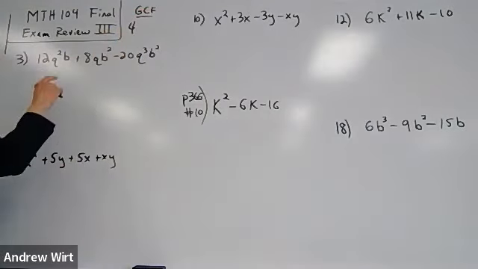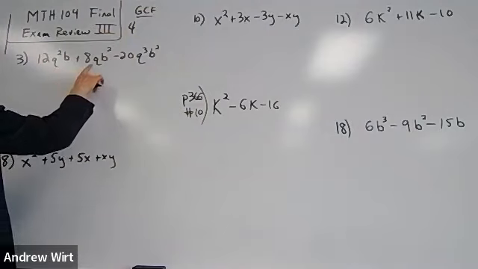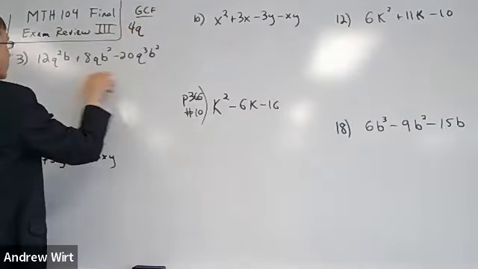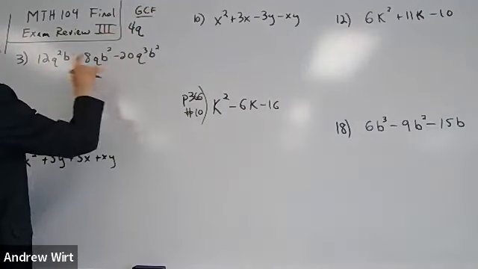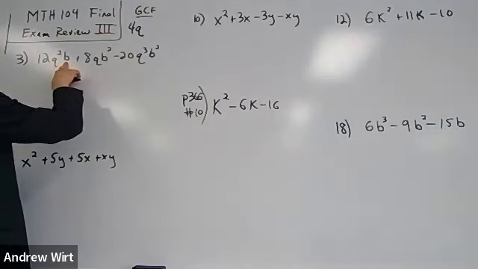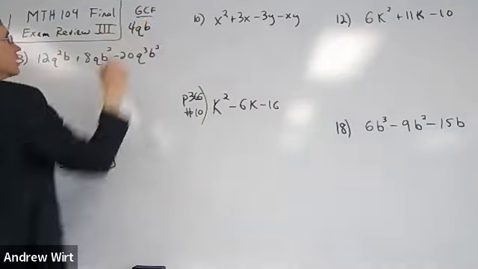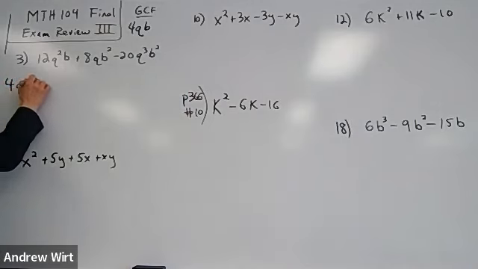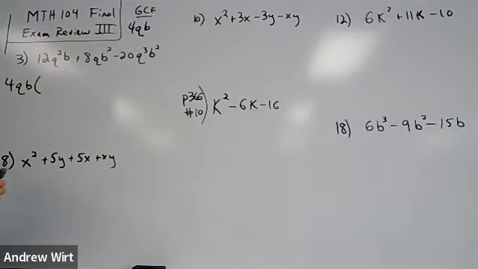Now for each variable, just select the smallest exponent. So for Q, smallest exponent is 1. So we have Q's in all three, we have B's in all three. And for B, the smallest exponent is 1. So GCF is 4QB. So that goes on the outside of the parentheses, and then inside, we're going to put